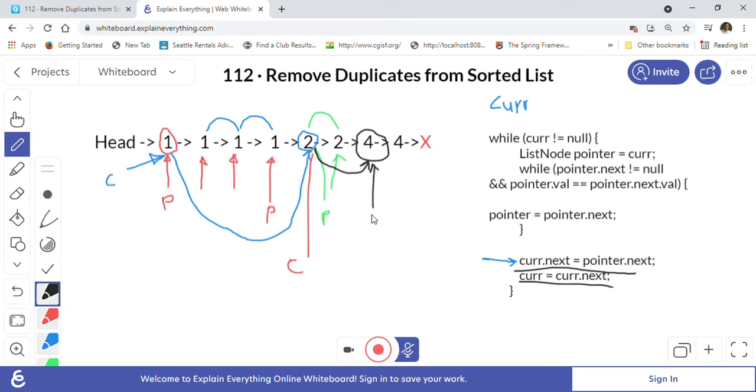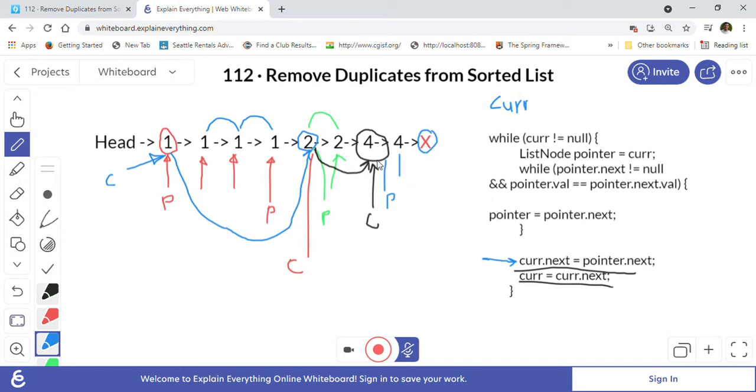So now this is our current, and this same is our pointer also, right? In the beginning, this is our pointer. Now again the pointer will move here, and at that time it knows that the next node is different than this value because it is now a null node, right?